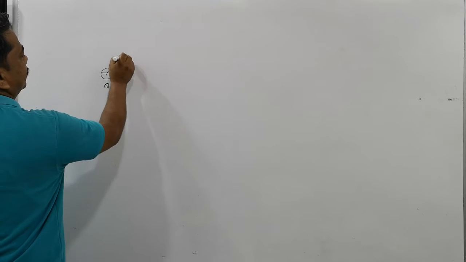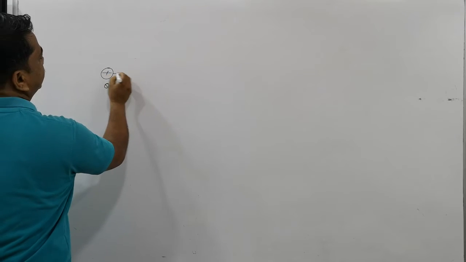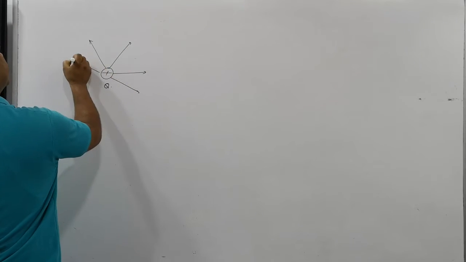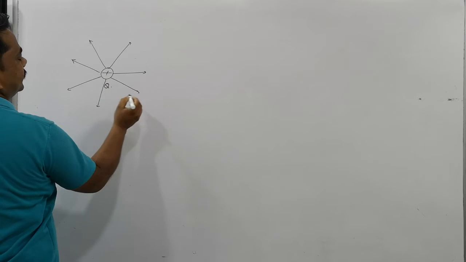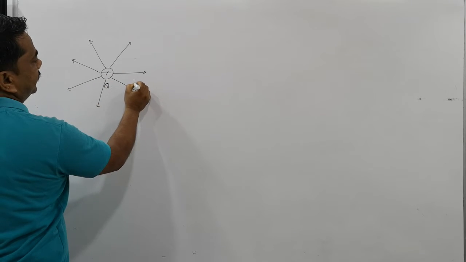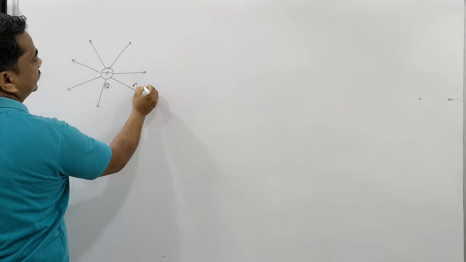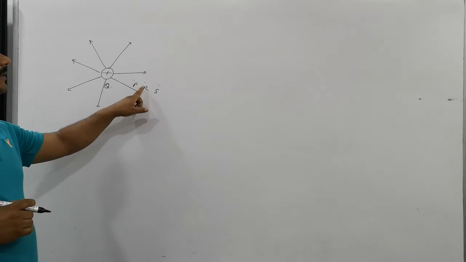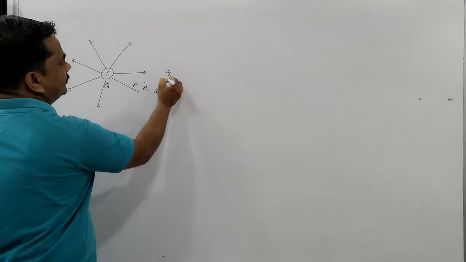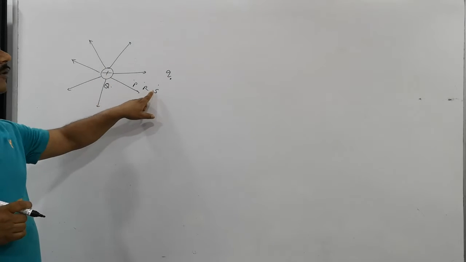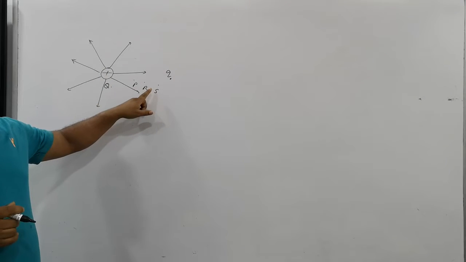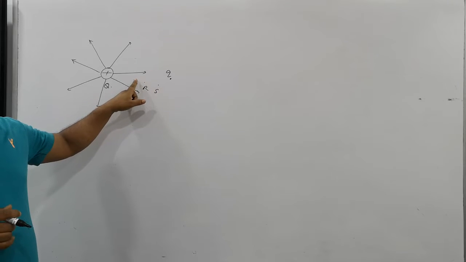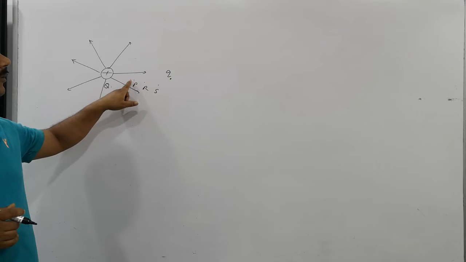Is that clear? We are representing the different electric field lines here, like this. There are certain points here: point P, point R, point S. Tell me please, at what point will the potential be more when the charge is brought there? At S point, R point, or P point? The electrostatic potential will be more at P point.